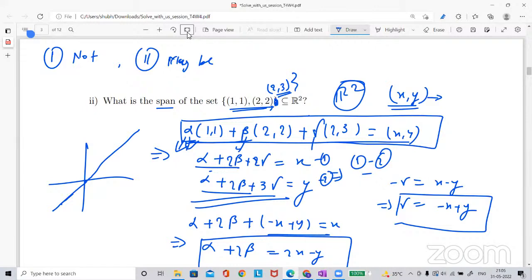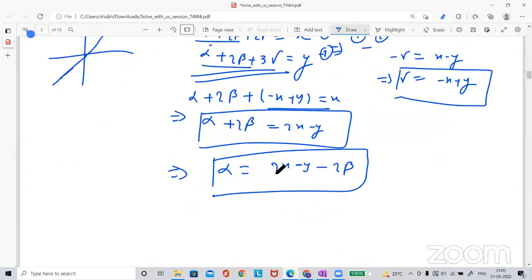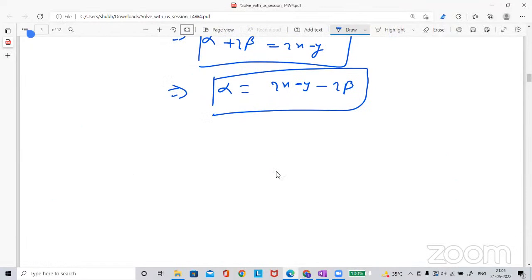Sir, can you please write? I want to ask a question in R3. I want to clarify one thing. Write these points, sir: (1,0,0), (0,0,1) and (0,1,0). If we are asked what is the span of this, then it is R2, right? Not R2. It will not be R2. It is a subspace of